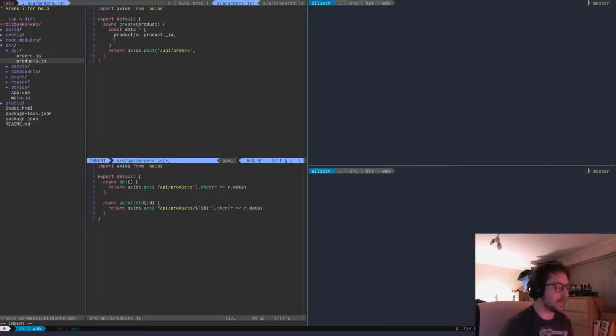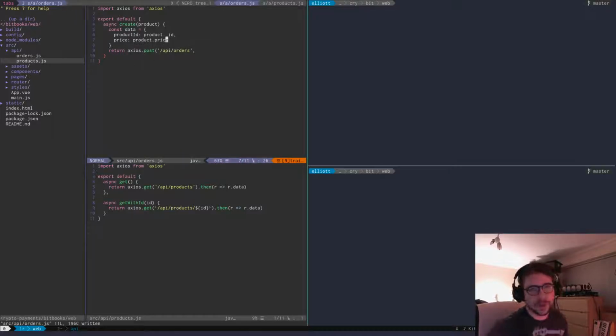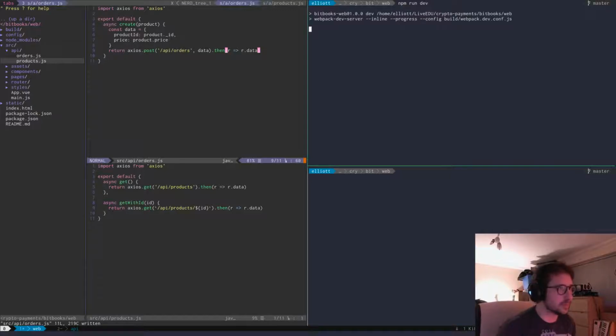And what else do we want? Price. Product price. If you're building your own website, fit this to your own purpose, but this is what we're doing in this example. And then we just want to do then, and make sure we get back the data. Okay, perfect. Let's see if this works. It should be fine because we're not actually importing anything else in that's new. But what we want to make sure we do is